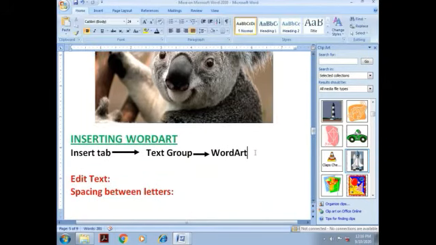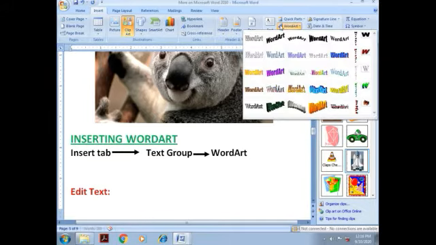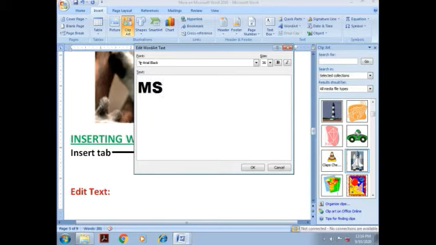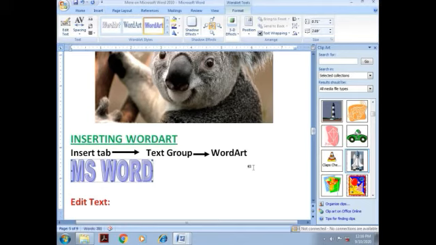We can insert different styles of text. It is available in word art and it can be of any style. Choose your style and it is available in Insert tab, Text group and Word art option.